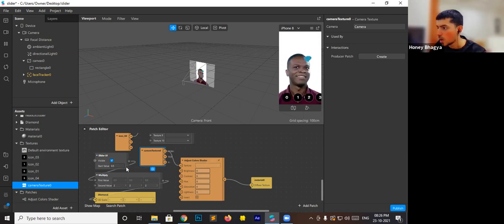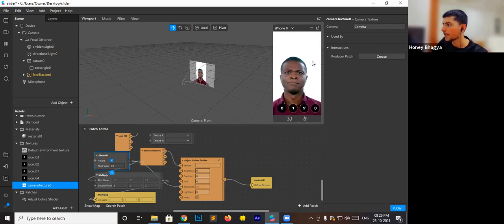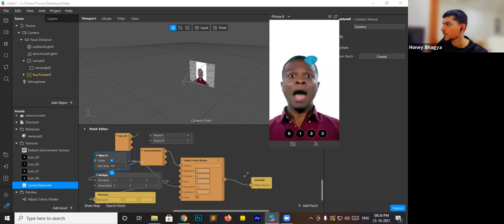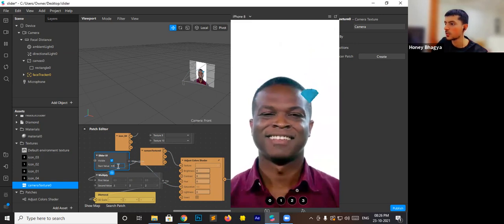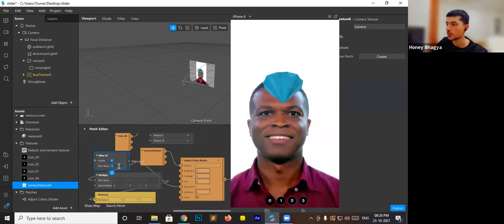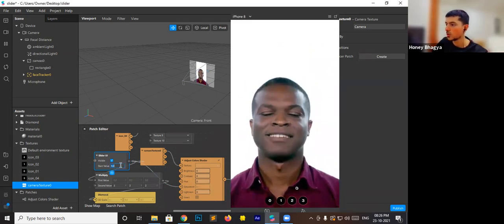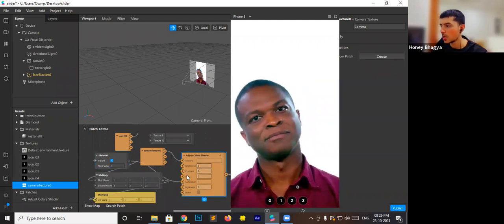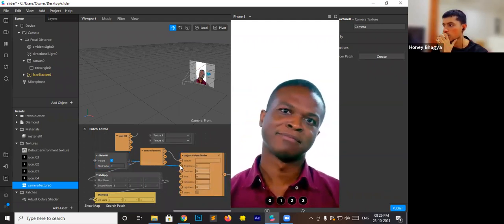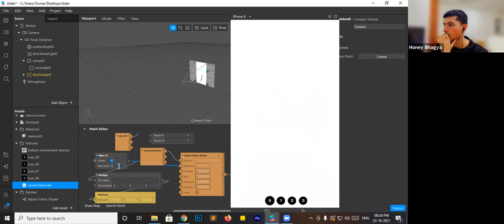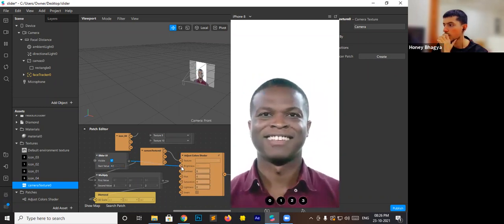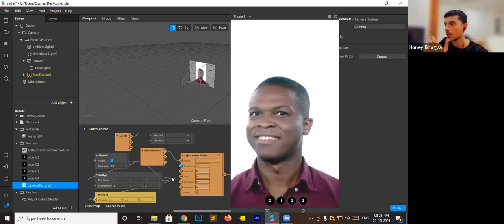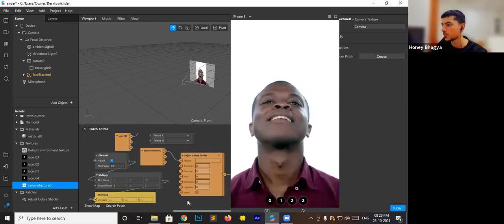And now I want to connect this value to saturation. So now the user can control the saturation from the slider. You can connect this to any value, like brightness, contrast, saturation, lightness. Depends on you.